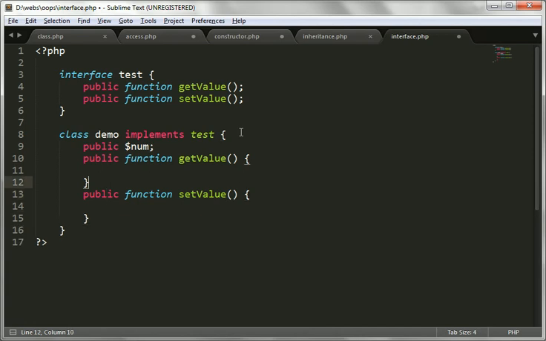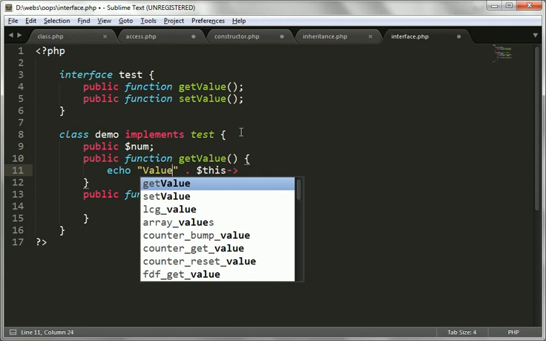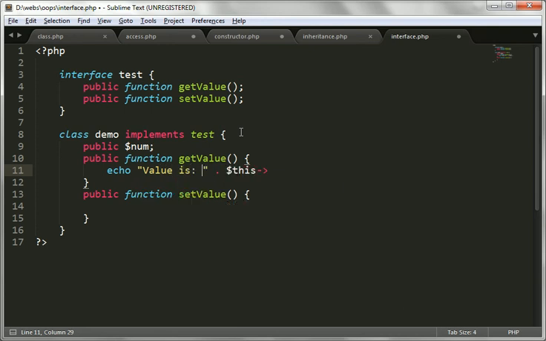In getValue, echo "value is" $this->num. And for setValue, what we are going to do is